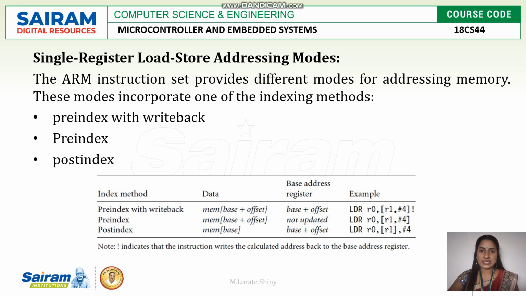Once the data movement is done, then we have to update R1. What is called updation of R1? It means we have to add this offset value, so that value needs to be stored in the R1 register. This is called updating the R1 register. So in the first case we are updating the R1 register. In the second case we are not updating R1. In the third case, again we are updating the R1 register after R1 is used for the instruction. That means after the data movement from R1 to R0, we are updating the R1 register.